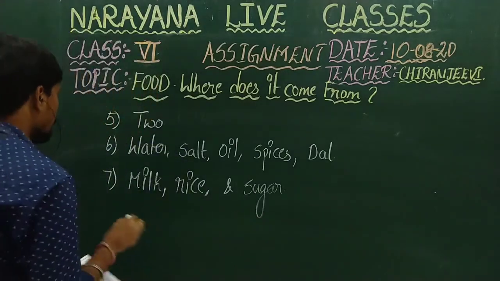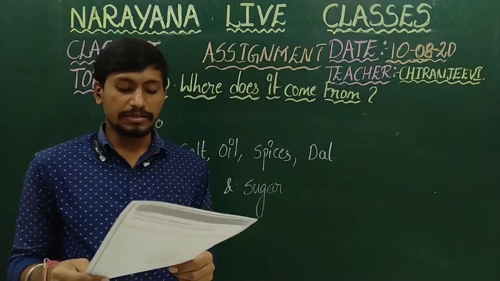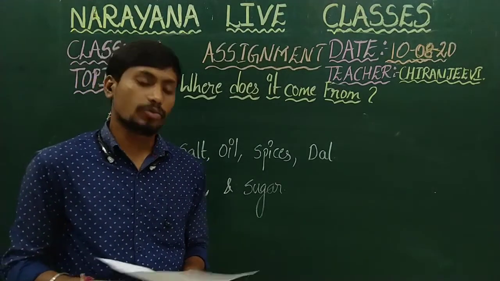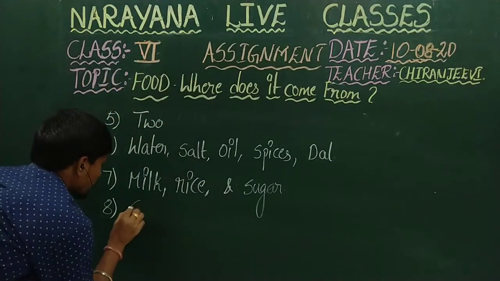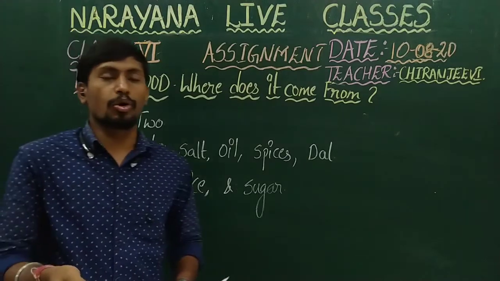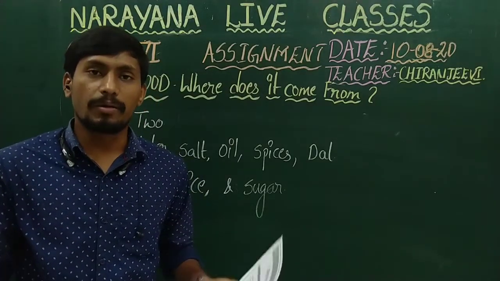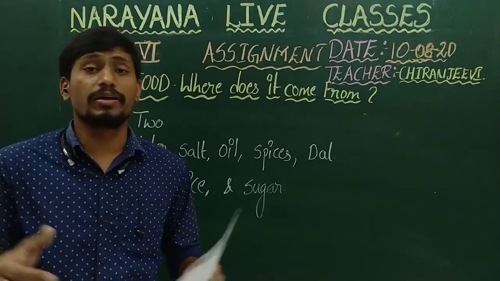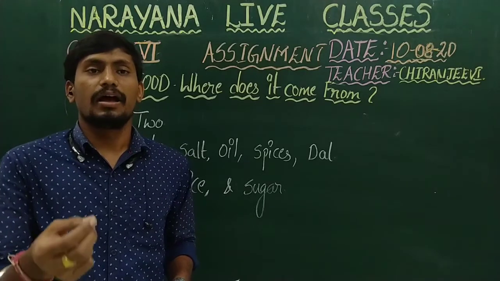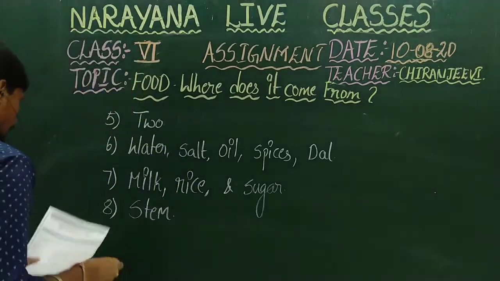And the next one, eighth question, the edible part in ginger is what? The stem. Stem is the edible part in the ginger. Okay, the underground stem used to be there. It used to store the food materials, and it will become horizontally long and big. That is called ginger. We used to take the stem of a ginger plant as a food.